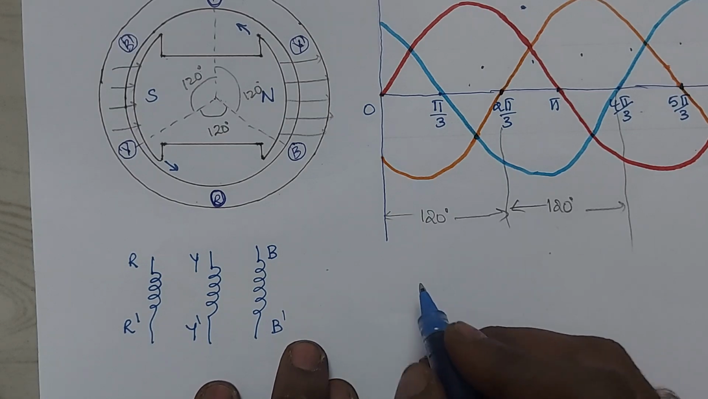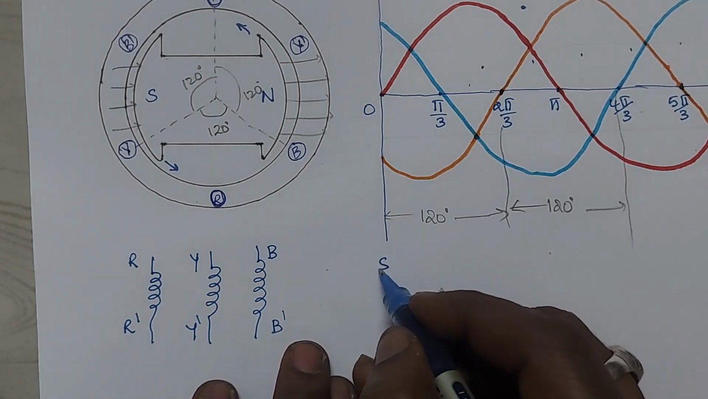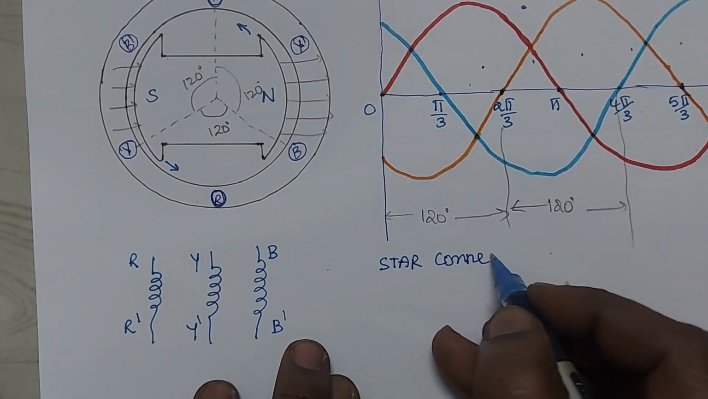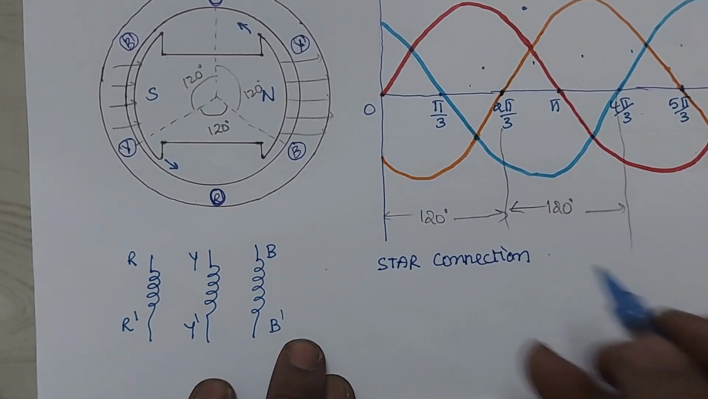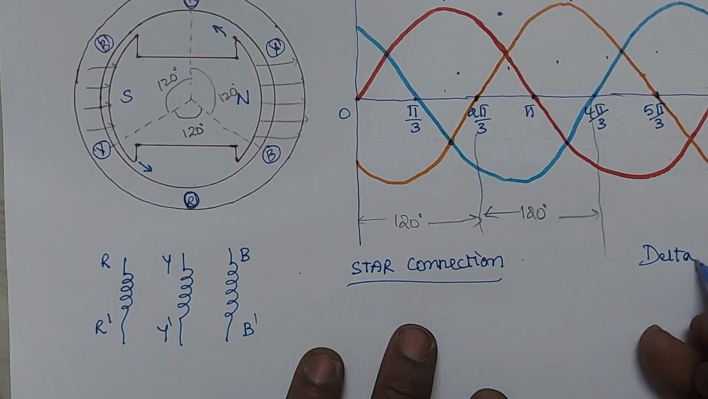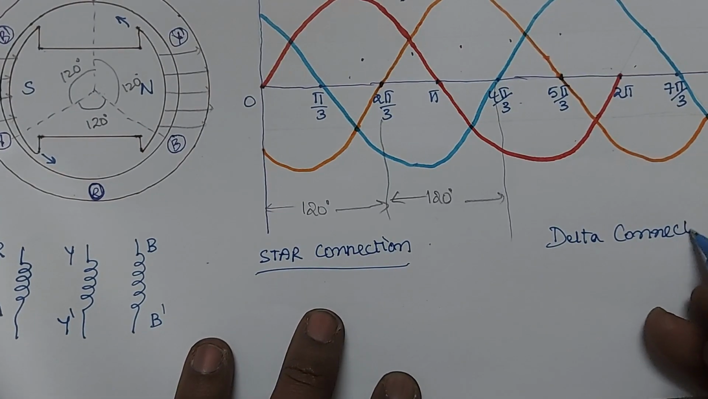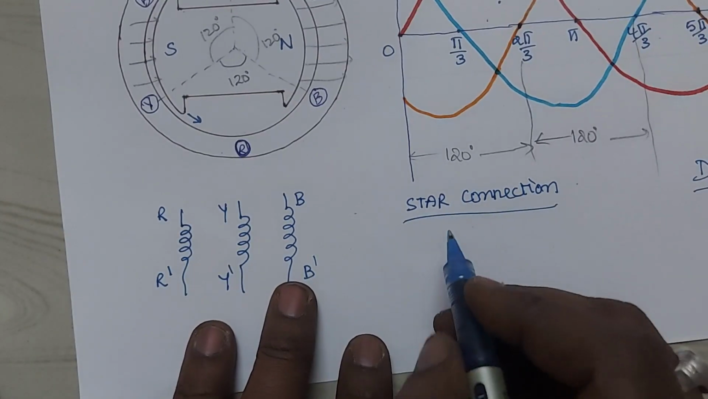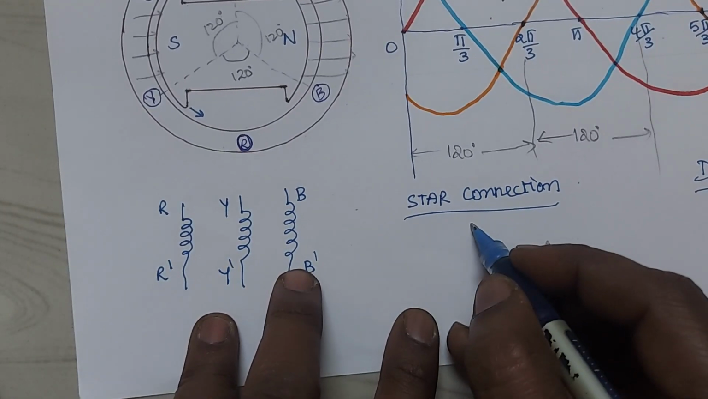One is a star connection, okay, and a delta connection. So in a star connection, how these three coils are there means, these three coils can be arranged